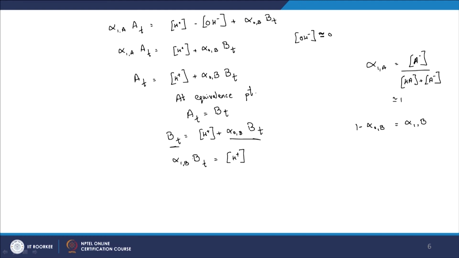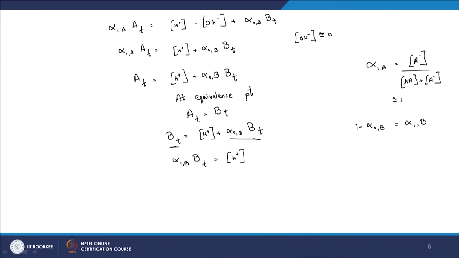And in general we are going to consider that B is a weak acid, right. So I am going to say that the pKa is going to be far greater than pH, right. So what does that mean now? So assuming that HB is a weak acid, and from our background what do we know? That means that the pK of B is going to be far greater than pH, right. So what does that mean? That the Kb is far less than the concentration of H plus.